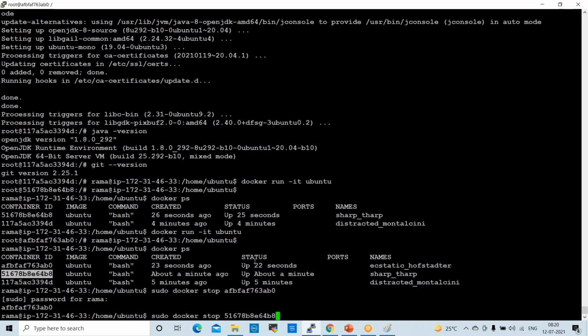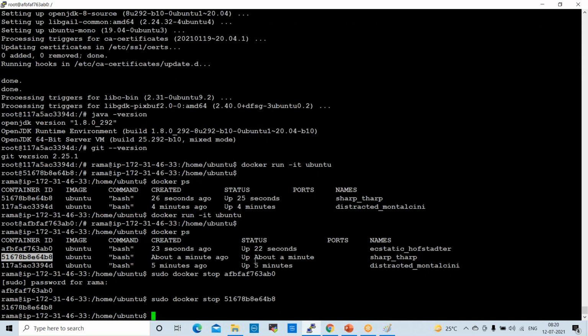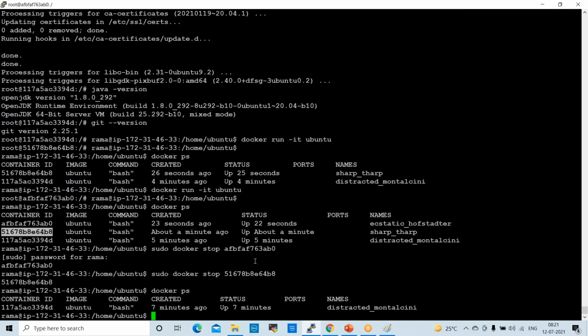So these are the duplicate containers, right? Now if you check docker ps, only one container is available, because we stopped these 2 containers. Whenever you give docker ps, whatever running containers are available will be shown here. If you want to check all containers, whether stopped, started or running, the command here is docker ps space -a. -a means it will show you all the containers.